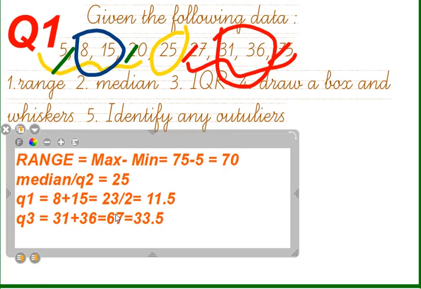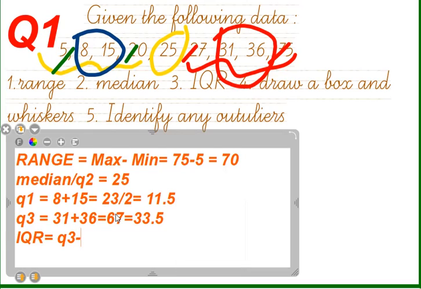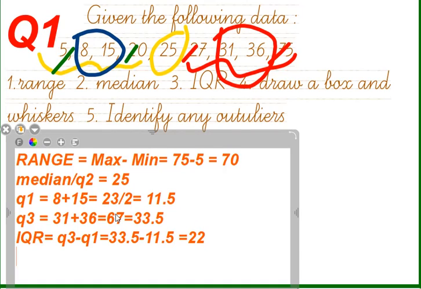And so that's how you do it. They did not ask us to calculate Q1 and Q3. They asked us for the interquartile range, so IQR, and that's going to be Q3 minus Q1. 33.5 minus 11.5 is going to be 22. So that's 33.5 minus 11.5, and that is 22. And then we get